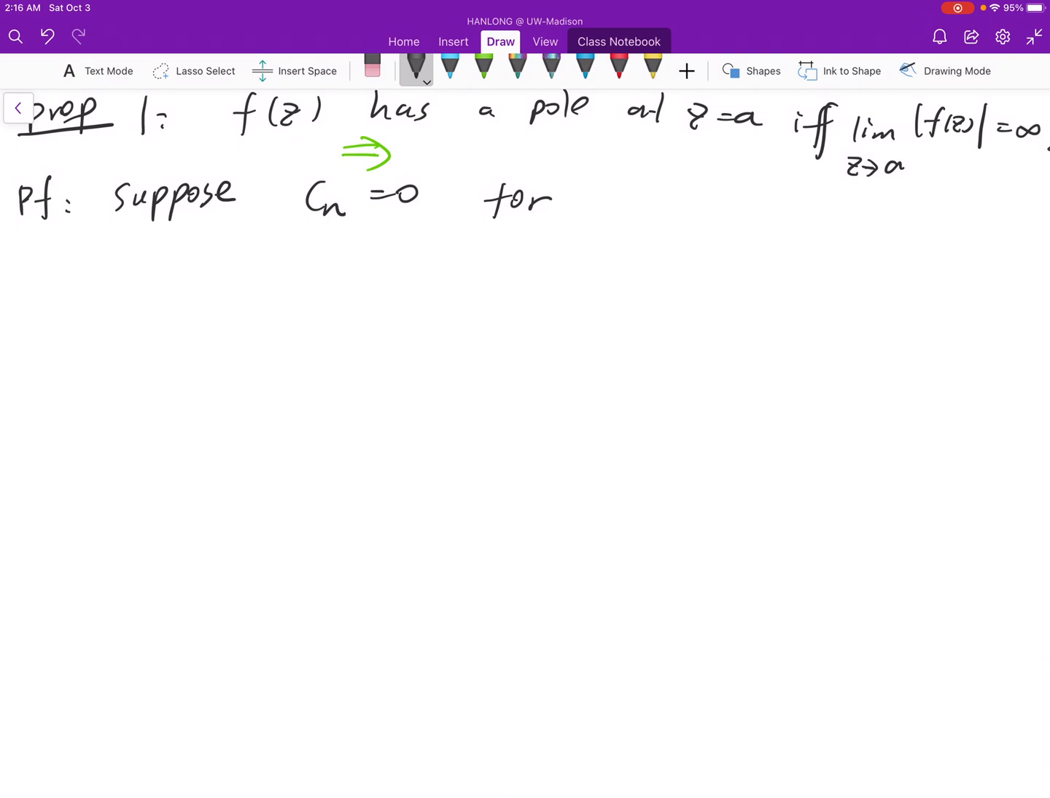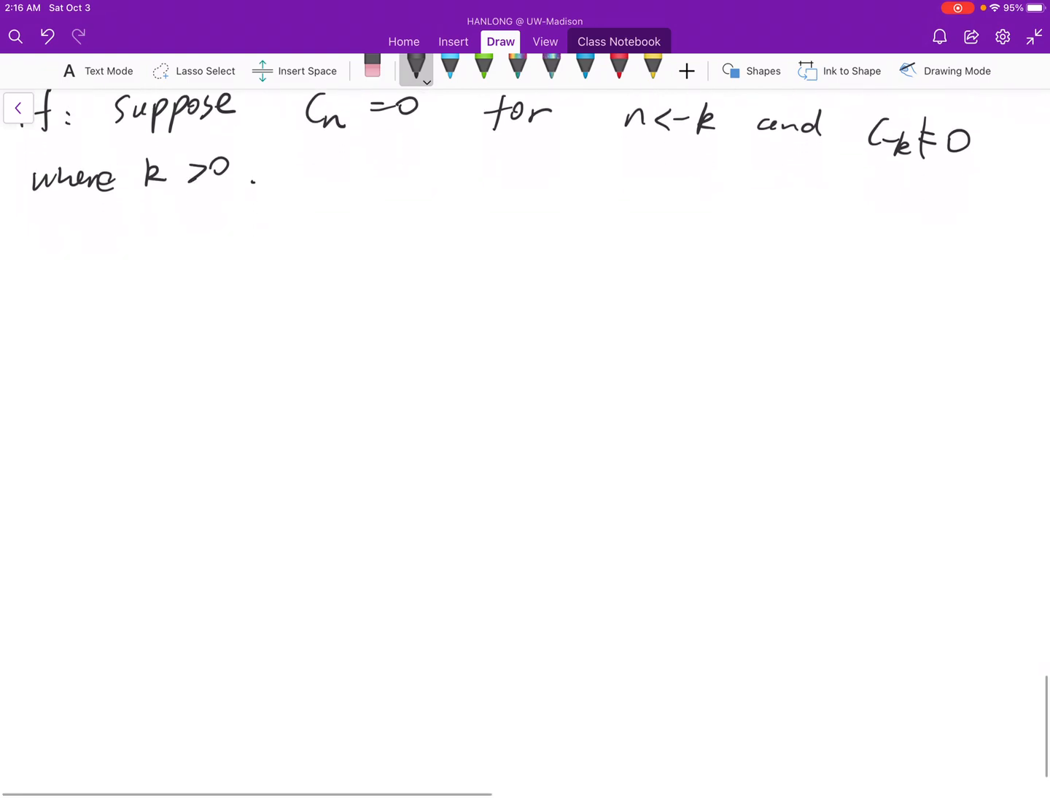Then we have the following statement. Cn is 0 for n less than negative k and C negative k is non-zero, where k is some positive integer. And since f(z) then can be written down as g(z) divided by (z minus a) to the k's power,